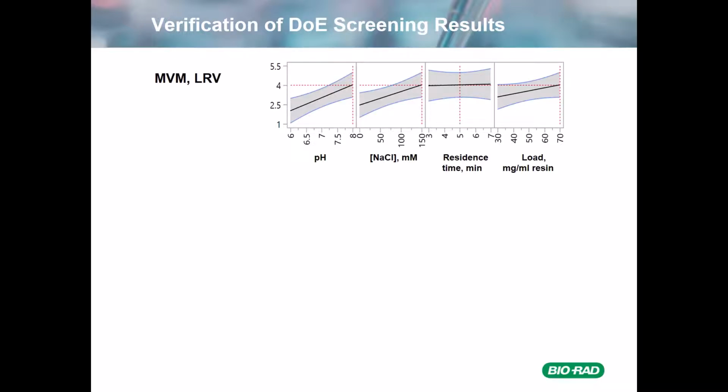Now that we have the MVM clearance map, we wanted to verify the results of the DOE using packed columns. This is just showing the results from the 4 parameters tested. pH and salt concentration showed significance as far as MVM removal. Residence time did not, and load ratio did show a slight increase as you loaded towards the higher end of